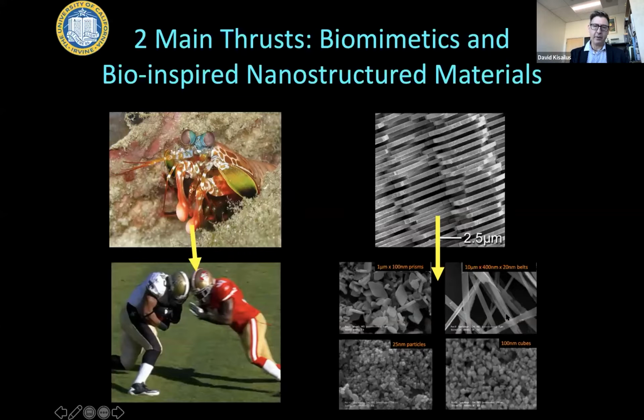making nanomaterials? The upper right here is the inner lining of that shell that I showed a minute ago, made of chalk. But look at the precision at which biology can synthesize those nanoplatelets of crystals inside that shell. Can we use that strategy to make next generation battery materials that can charge much faster and hold their charge for a much longer time? So these are the two halves to my group.